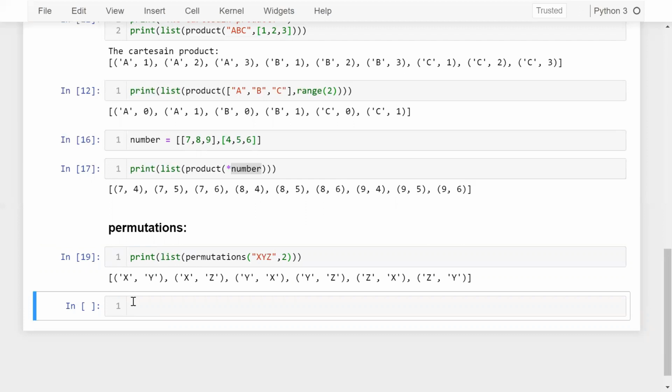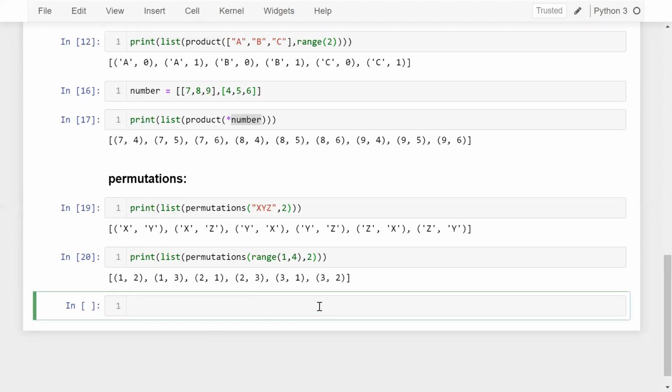Now, once again, I am giving you another example based on permutation. Here I am using, let's say, range 1 to 4, and the arrangement I want is for 2. You will have this one. You can iterate a loop as well.